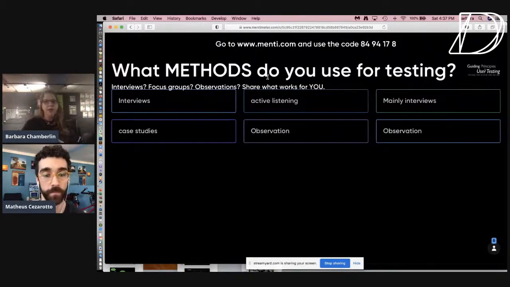So I'm seeing some case studies, some active listening, observation. We do think aloud activities. We've been doing that on Zoom. We're going to be doing one of those in 2 weeks where we'll go through a prototype on Zoom and say, what do you think is going to happen if I go here? What do you think this means? So that's another strategy that we use.